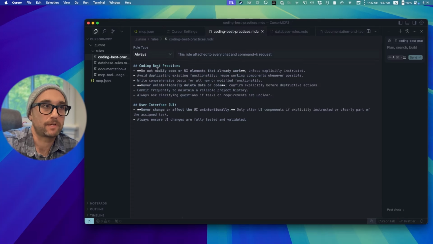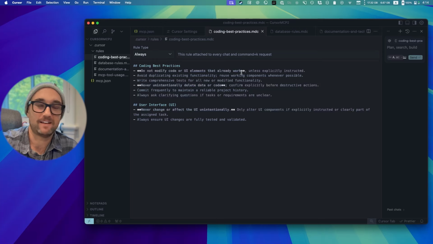More or less, I have coding best practices: do not modify code or UI elements that already work, because I can't tell you, I'm sure you know this, how many times I'm working on something that works fine and there's a little thing that needs to be tweaked, and all of a sudden the UI is different or the whole code breaks. So I'm saying don't change what you don't need to change pretty much. Another thing I say with Cursor, it duplicates existing functionality often. So I say